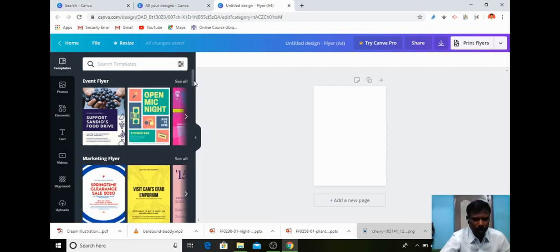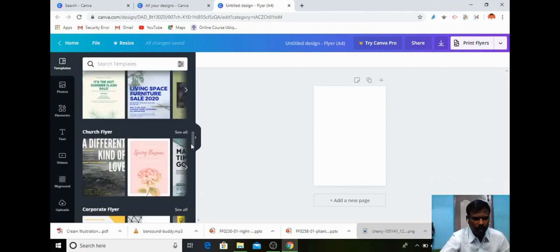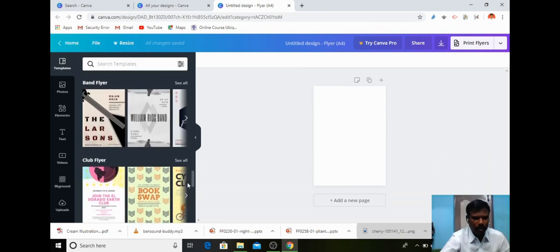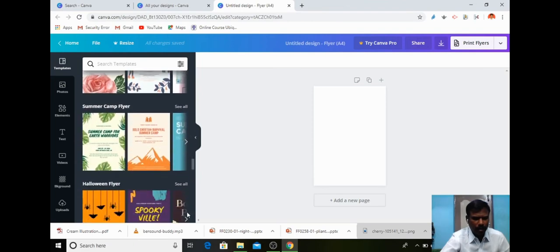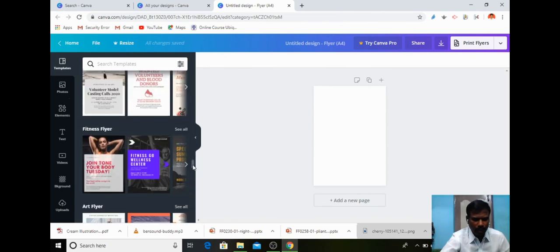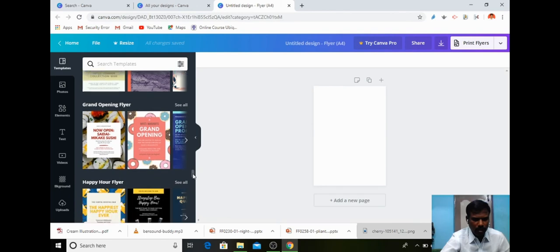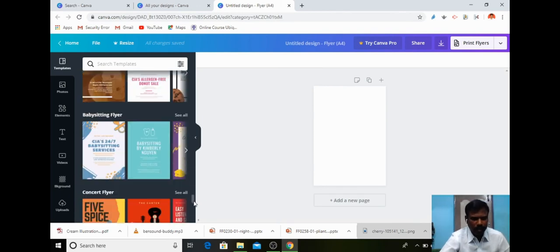From these templates you can select any one of the templates. Within a few minutes you can design without having background knowledge of designing techniques.